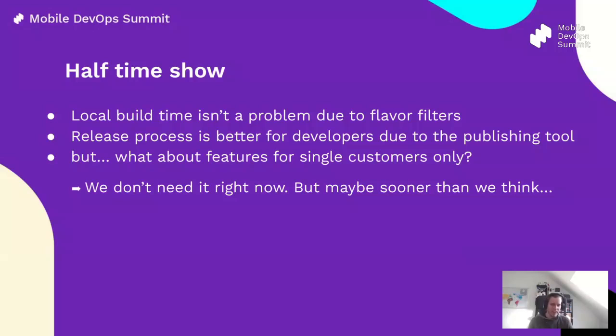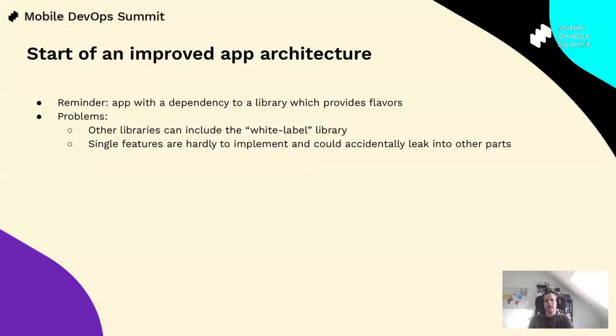One other might say, okay, what about features for single customers? So features which only need to be implemented in one specific app. At this time, we don't have them, so we don't have a need for it. So let's ignore it for now. But we, of course, want to fix those problems as well. So